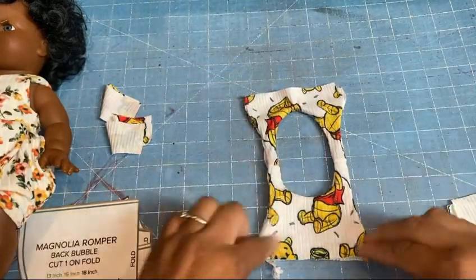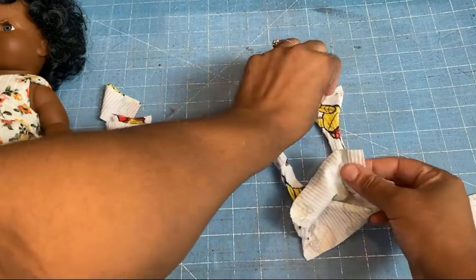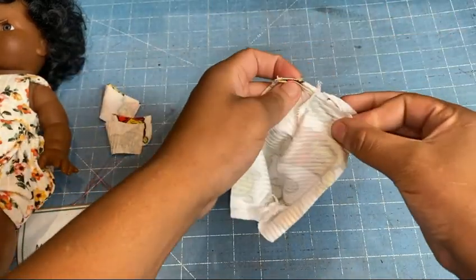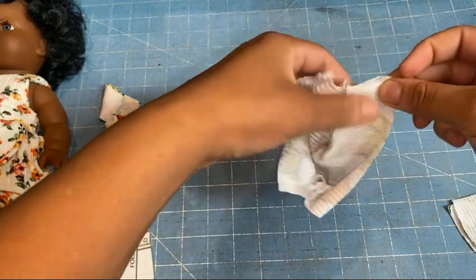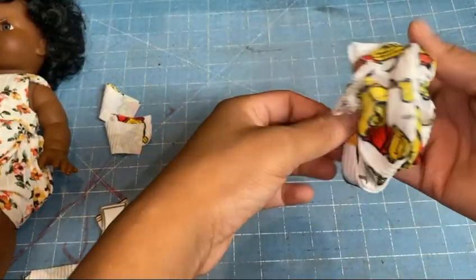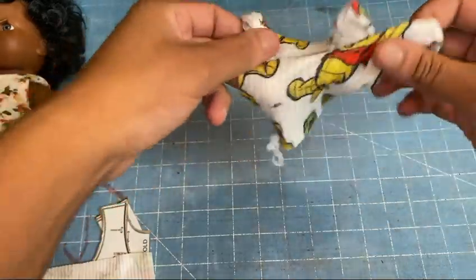Then I'm going to take my front piece and my back piece and line the sides up. And then I'm going to serge this end, and then I'm going to do it on the other side. After you have sewn the sides closed, your top piece is actually complete. You're just going to flip it out,